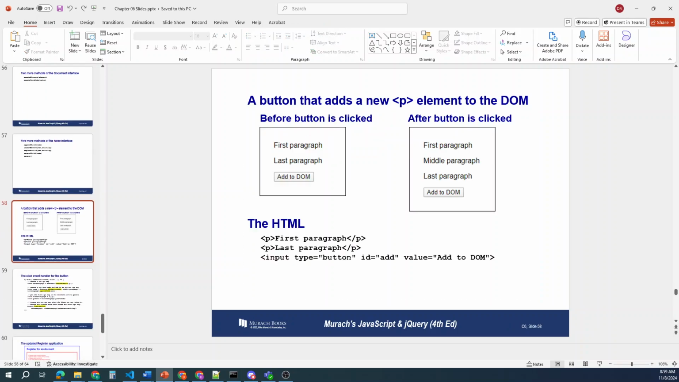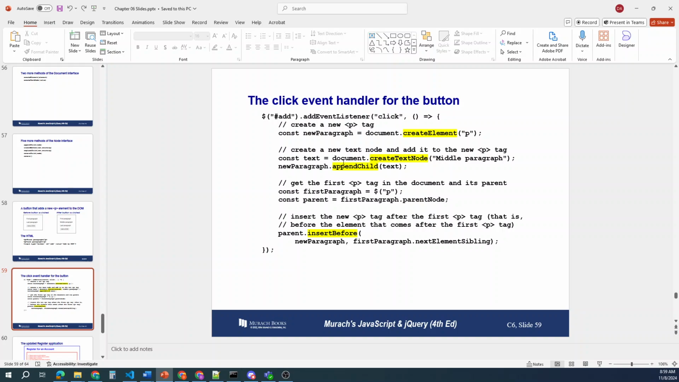Buttons, that adds a new paragraph element to the DOM. This is what it looks like before the button is clicked. Click on add DOM, and that will put that last or the middle paragraph in there for you. To do that,